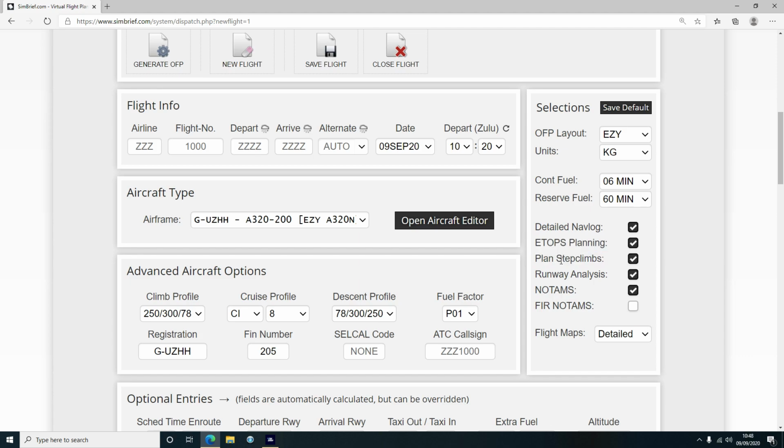So if you've got a very heavy aircraft, you can't climb all the way up to your intended cruising altitude, say it's 39,000 feet, you need to fly a little bit before and burn off some fuel so the aircraft becomes lighter before you get up to your desired cruising altitude. So leave that ticked. Runway analysis, that just gives you a little bit of information on the runways you'll be